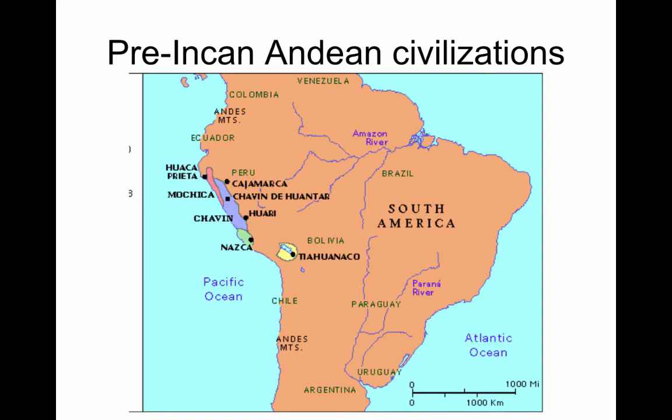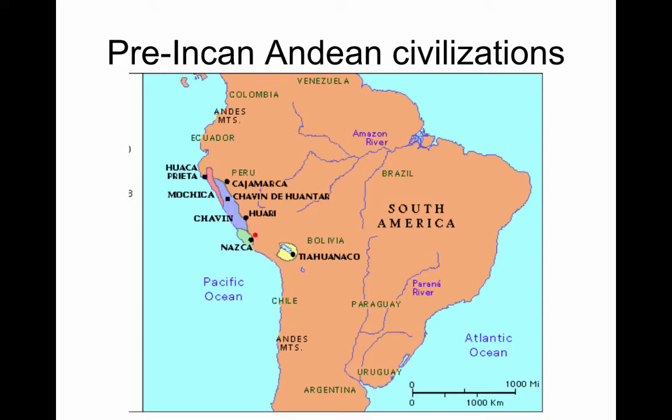So even though the most famous, the most large-scale civilization are the Inca, I am going to just very quickly highlight two pre-Incan Andean civilizations, just to give us context for the fact that there are lots of different individual groups of people living throughout the Andes Mountains before the rise of the Inca. So the two groups I'm just going to briefly introduce you to are the Moche or the Mochica and the Nazca, which are both located in modern day Peru.